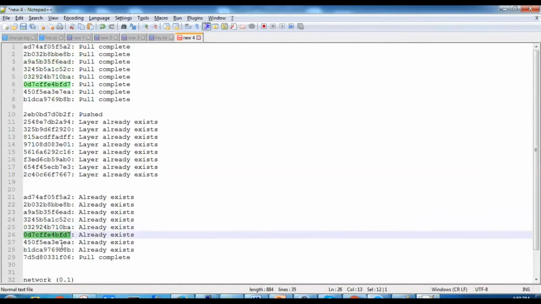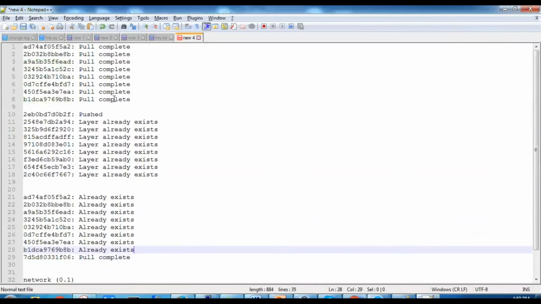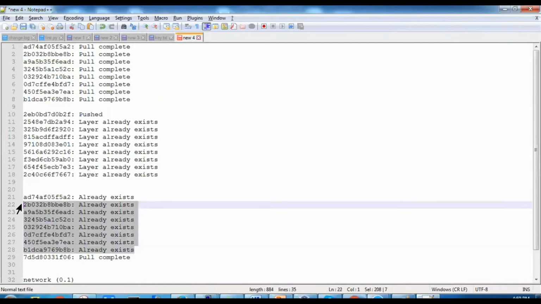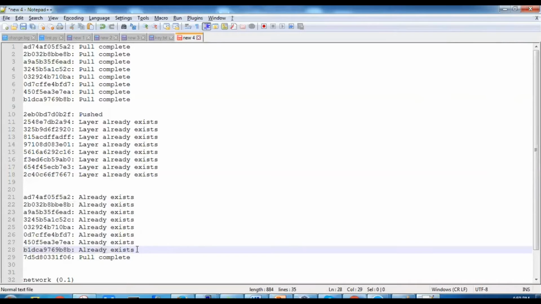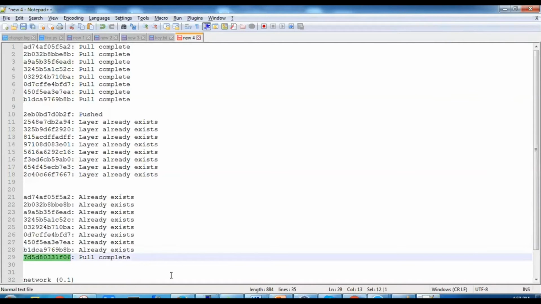See, almost all the layers already exist, right? Only the last layer is added. So this earlier image has a total of 8 layers, but this one has 9. 1, 2, 3, 4, 5, 6, 7, 8, 9. So one more layer you have added, that is this one. And the rest of the layers you just worked on from the Python official image. That's the reason these layers already exist. You have just modified on top of this layer.